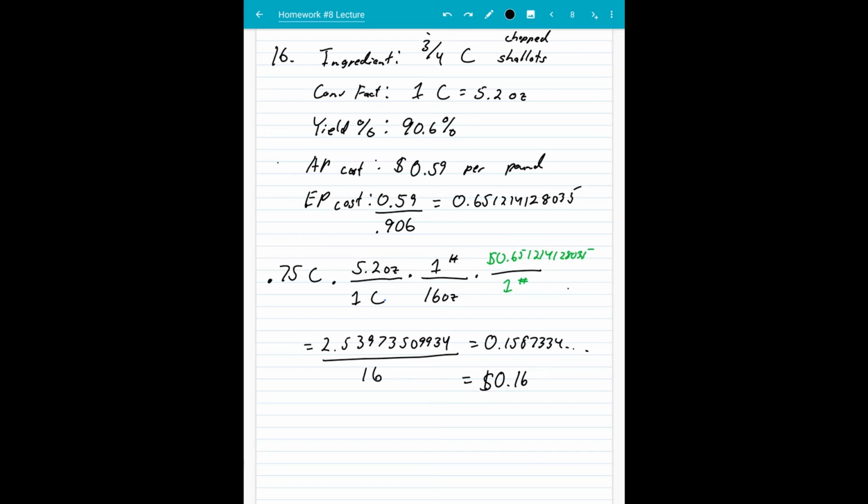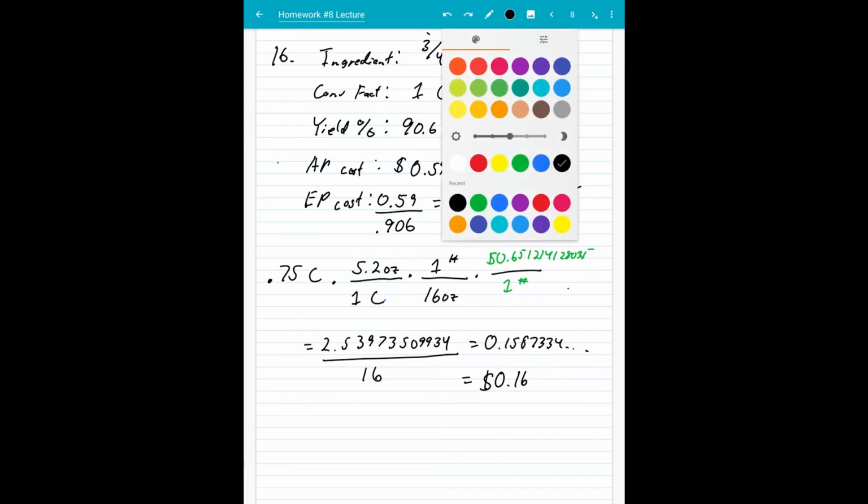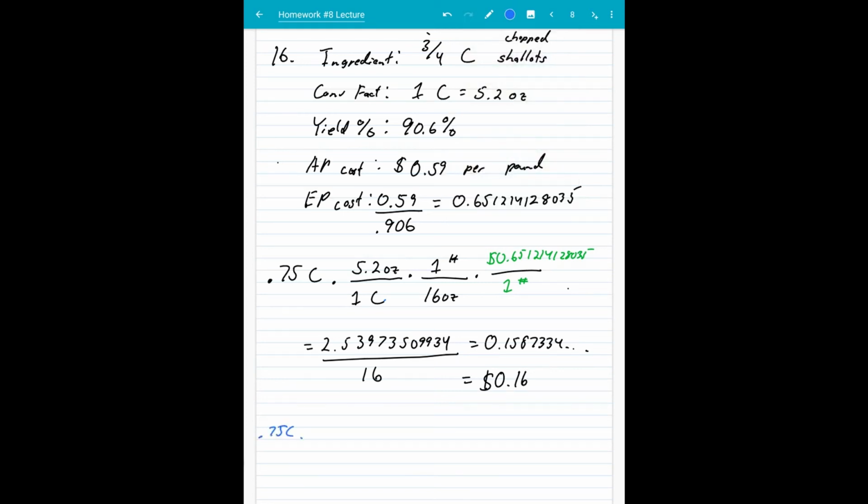Now, hypothetically, if I change this number to just 0.65, if we did all the calculations, I'll put it in a hypothetical blue color down here, 0.75 cups times 5.2 ounces, divided by 1 cup times 1 pound over 16 ounces. And if we rounded this to 0.65 divided by 1 pound, you're going to see our number change slightly. Times 5.2 times 0.65. That gives us 2.535 for the top number. For the bottom number, we still have 16. And if we divide that by 16, we get